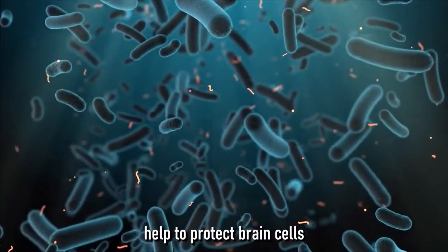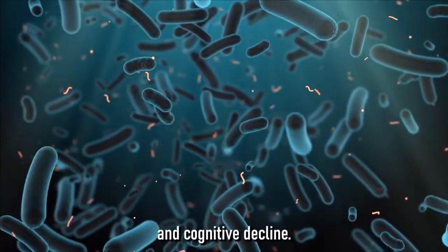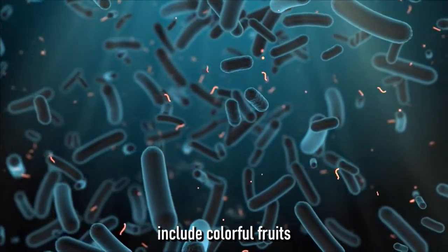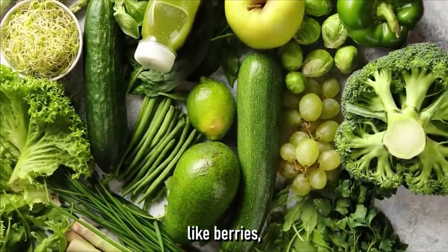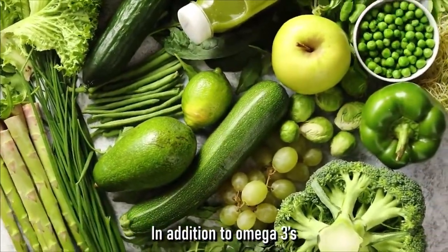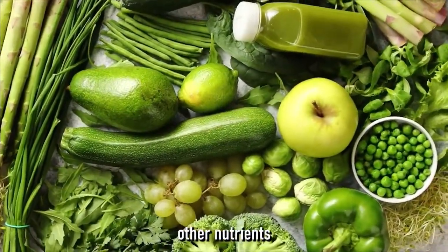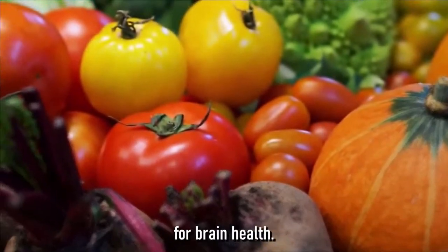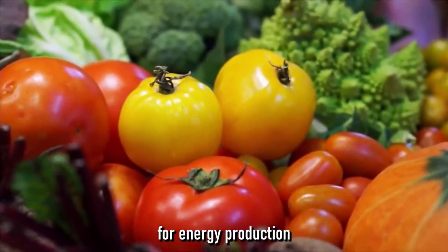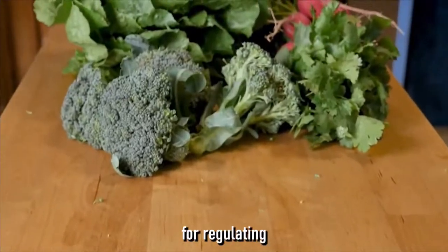Antioxidants help to protect brain cells from oxidative damage, which can lead to inflammation and cognitive decline. Some of the best sources of antioxidants include colorful fruits and vegetables like berries, leafy greens, and brightly colored peppers. In addition to omega-3s and antioxidants, there are several other nutrients that are important for brain health. These include B vitamins, which are important for energy production and nerve function, and magnesium, which is important for regulating